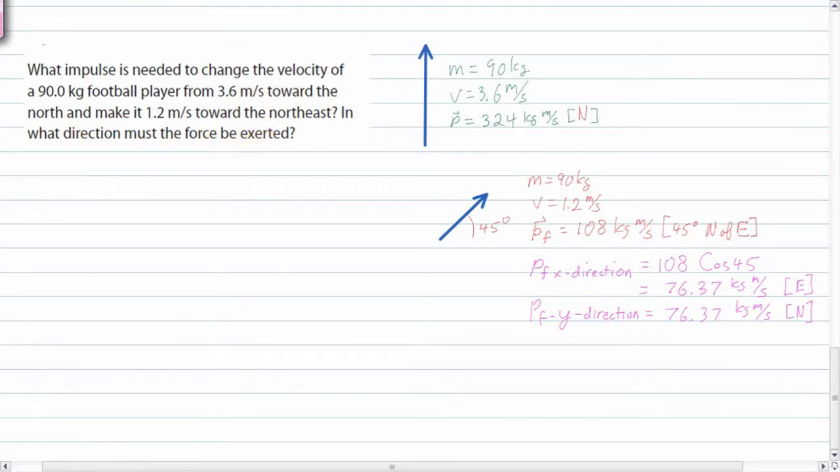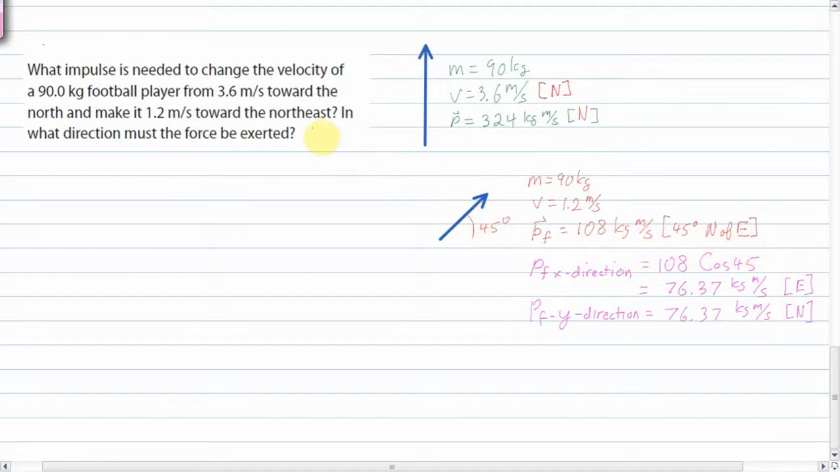Okay? So I've done a little bit of pre-calculation here and drew the vectors. We have a mass of a 90-kilogram football player traveling at 3.6 meters per second north. Therefore, his momentum is 90 times 3.6, which is 324 kilograms meters per second north. And the final momentum, he's traveling at 1.2 meters per second. So whatever hit him slowed him down by quite a bit, to a third of the speed. So his momentum is only 108 kilograms meters per second at 45 degrees north of east,